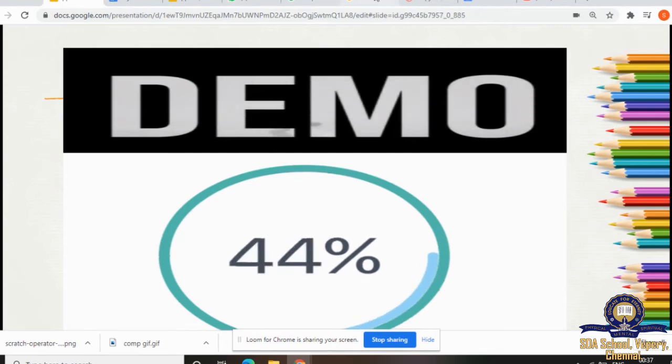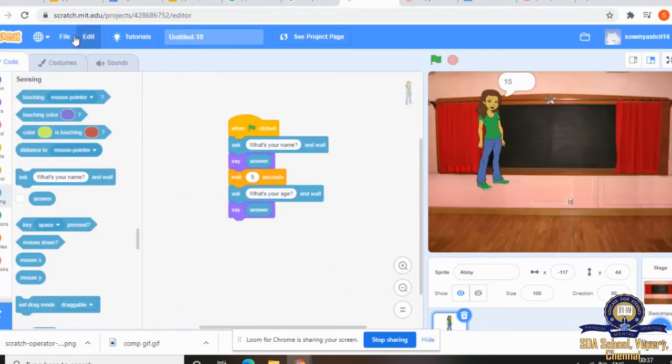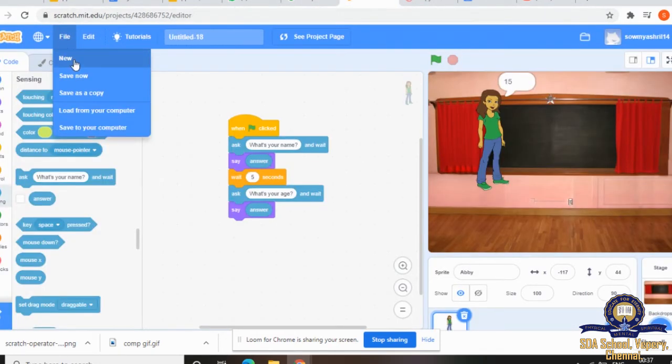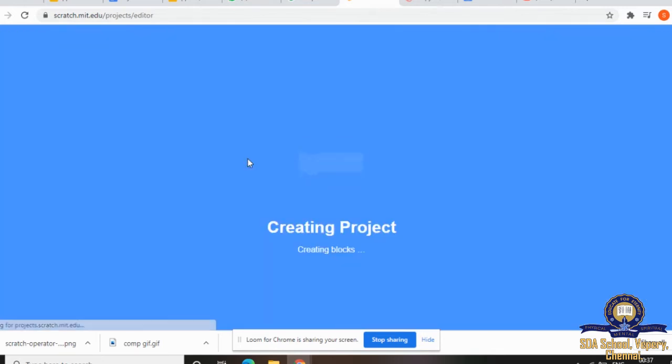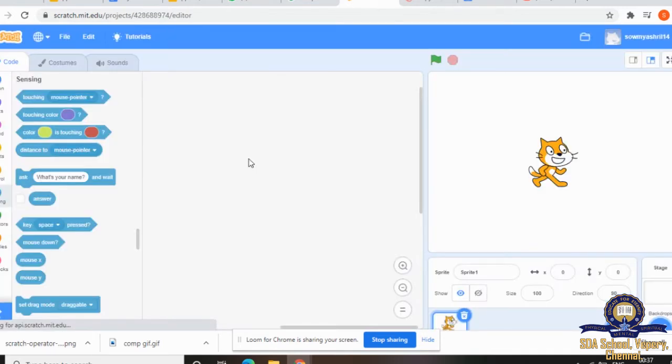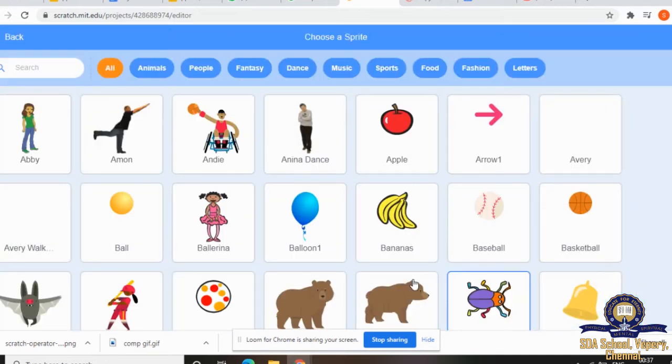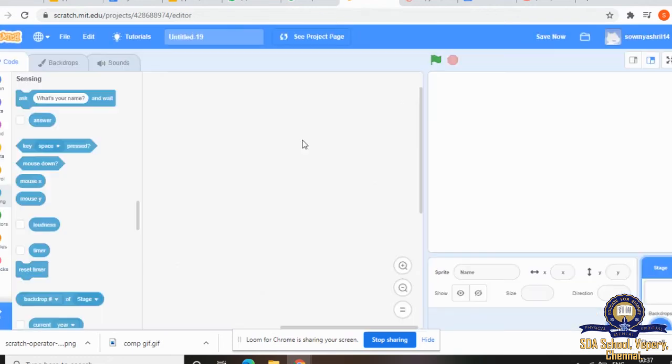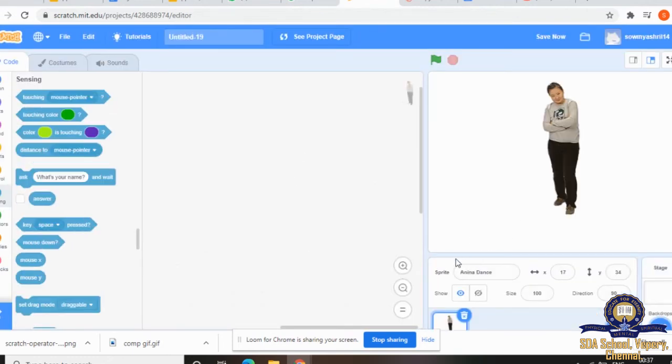Go back to the Scratch website, create a new file. We'll use operators now. Again, we'll change the sprite. We'll use this girl as a sprite.